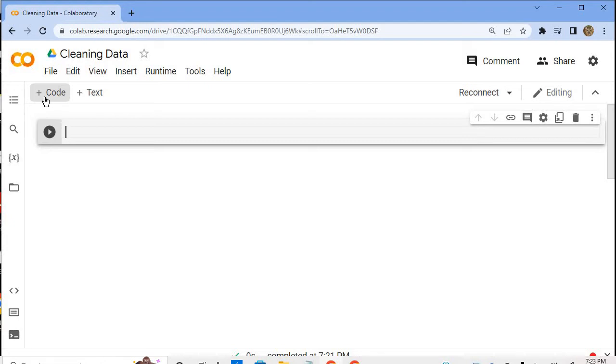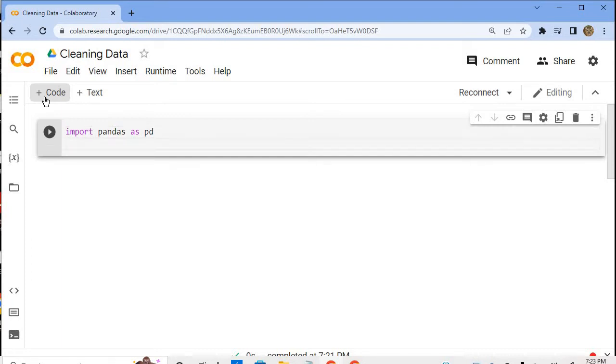So I'm going to import pandas so I can create a data frame from that CSV, and I'm going to give pandas the nickname PD. So import pandas as PD is the first line. Then I'm going to use pandas to create a data frame called df, and df is going to be equal to pandas' method PD dot read underscore CSV, and to read CSV I feed the file path